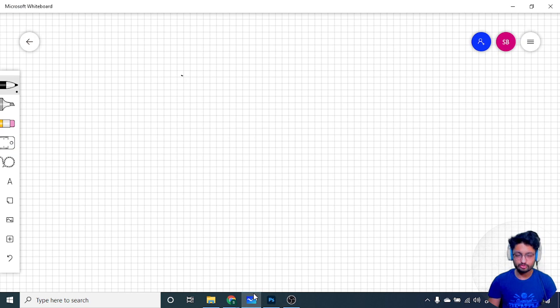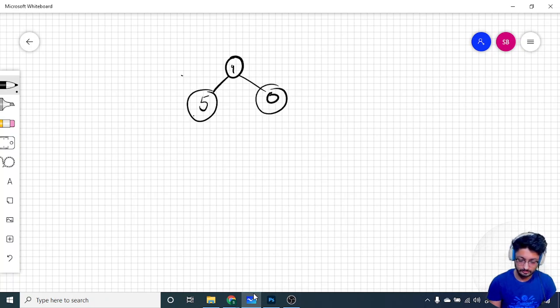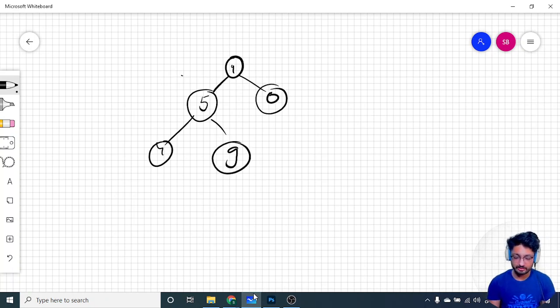Now the problem is not too difficult. It's pretty easy. What you have to do is traverse the tree from the root node till the leaf nodes. You just have to write a function in which you have some pointer, and you check whether the node you are on is a leaf node or not. If it is not a leaf node, you keep track of the current total you have formed till now.